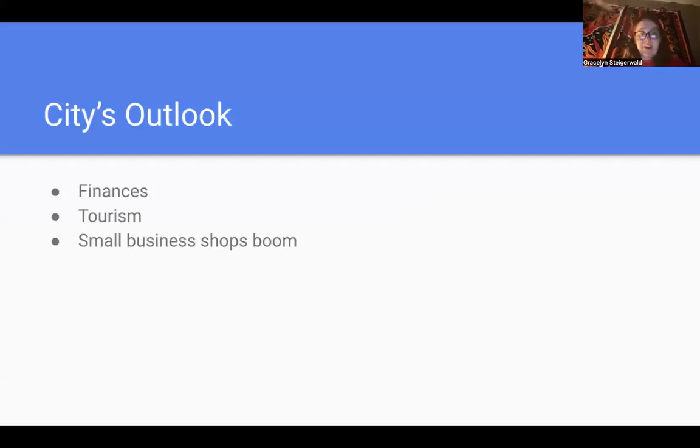Next, I just want to look at the different outlooks between the city and the homeless. First, I'm going to start with the city's outlook. Some of the main benefits for the city is that the financial outcomes would be beneficial and increase due to the increase in tourism. Cities fear that crime turns tourists away, so that means they must push out the environmental factors that are causing this effect, which would be the homeless people in this definition. People in businesses also don't want to move to cities with low tourism and high crime, so this would also help with those preventable matters.